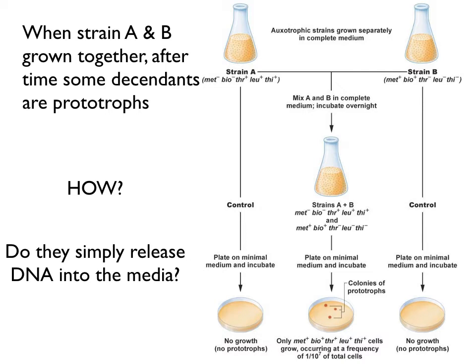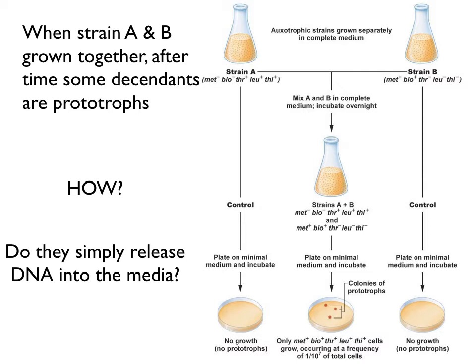Now what's interesting is we've got these two controls, so strain A and strain B, follow the arrow straight down from them. If you take some of that liquid and you spread it out on a plate of minimal media, okay, this is a plate that has media in it that is not supplemented with any of these compounds that the bacteria should be able to produce on their own. And you'll notice that in the controls, neither strain A nor strain B are capable of growing on this minimal